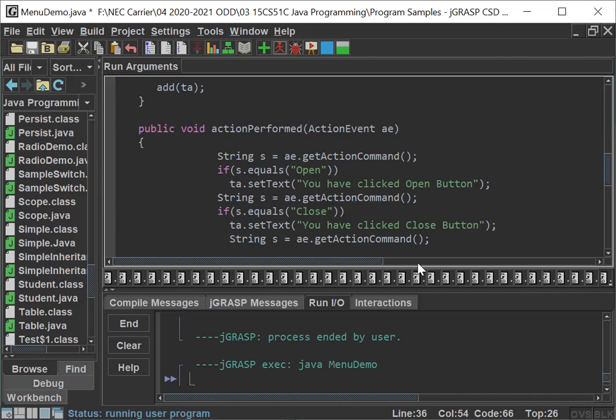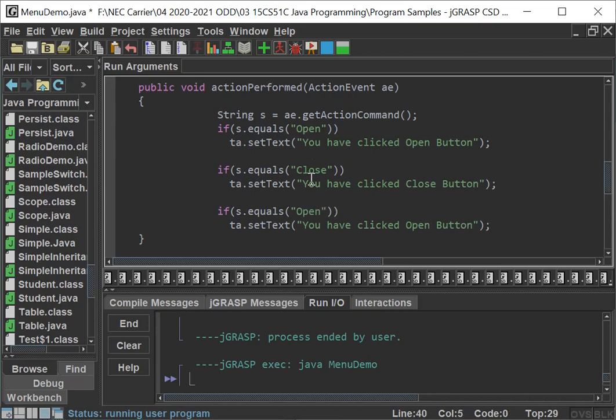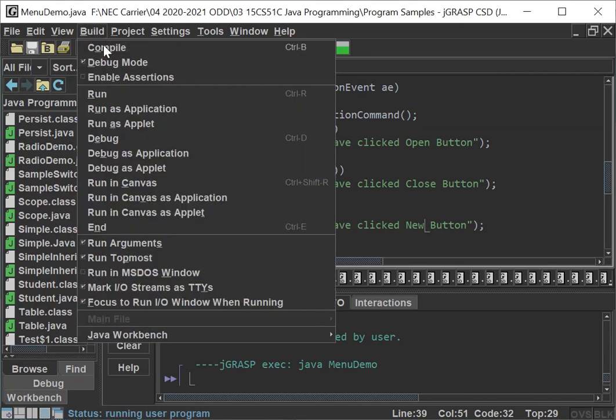It's also getting copied here: open, close, new. So you can write all the functions for all the buttons so that it will get executed when you click on each button.